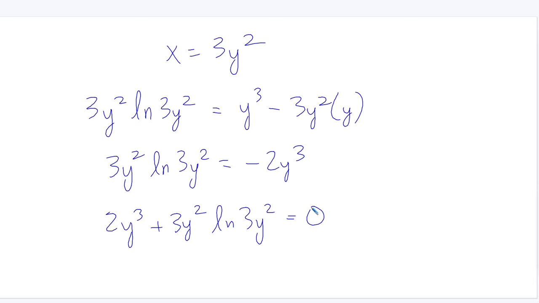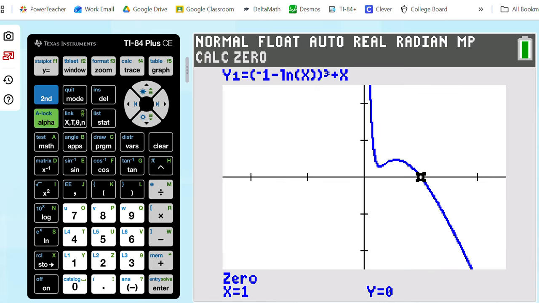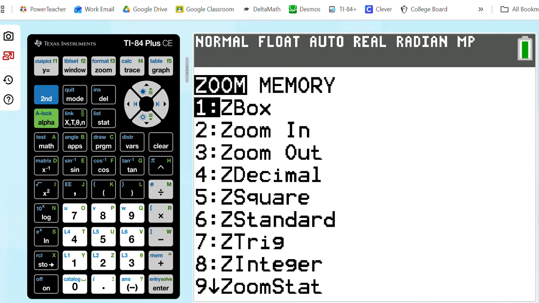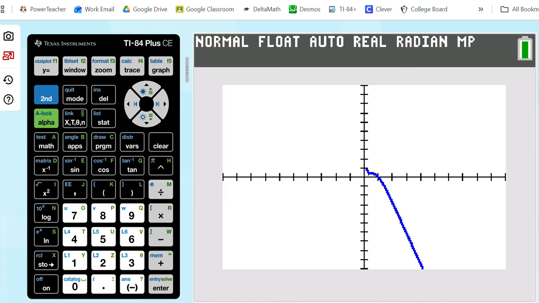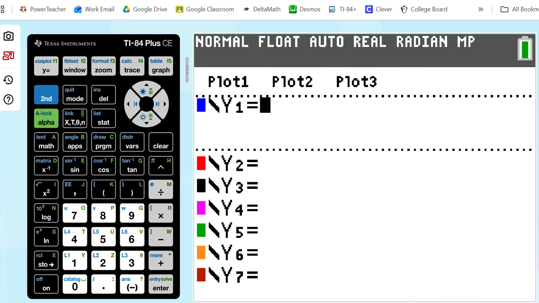Because we have this equaling 0, we'll go back to our graphing calculator. We're going to hit zoom and then option 6, just to put it back to its standard window. And then we'll go into y equals, clear out what we already had, and we'll just type in our new equation, which was